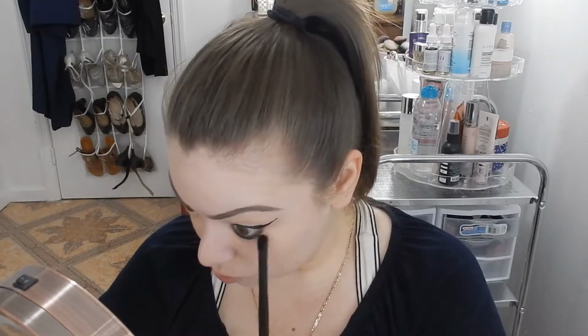So I'm going to blend. You're going to blend this out as much as you can. Make sure that it's neat. If there's a moment where you have to wipe your brush, if you feel like you have to wipe off excess, you do that. And when you feel like you're ready,